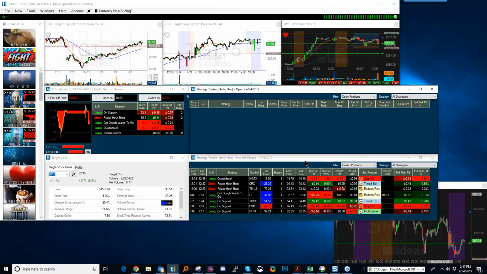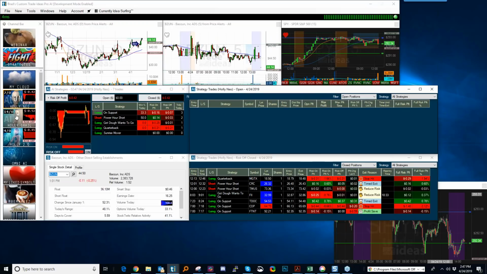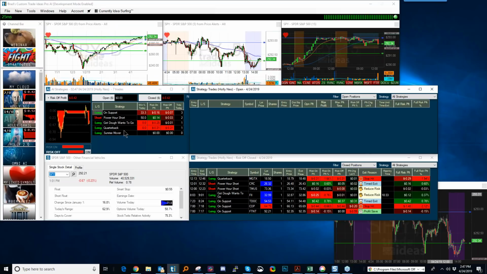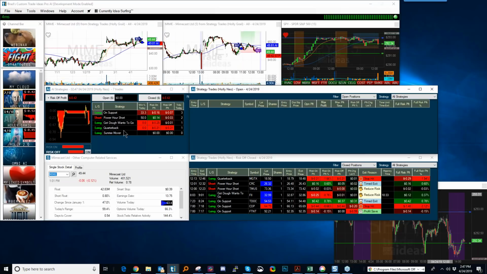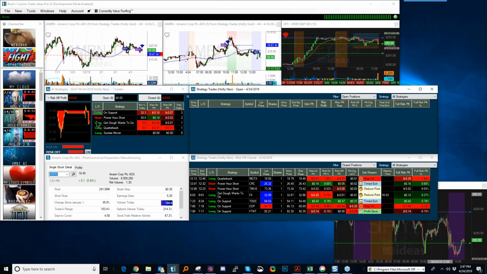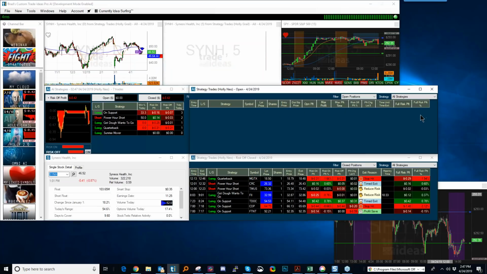All right, so let me talk a little bit about this. I chose Holly Neo, which is the third segment, Holly AI. This window right here shows you what strategies are in play today. When you start off in the morning, you have no idea what stocks are going to appear in these windows, because these strategies are defined, but it's all about which stock the filters all meet and which event takes place at the correct time. And so when that signal takes place, you're going to see a new entry right here, and that's letting you know that there's a new open position suggestion.